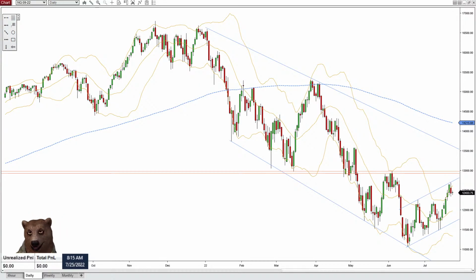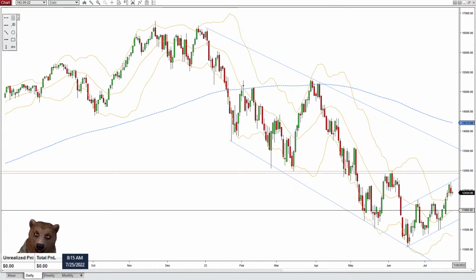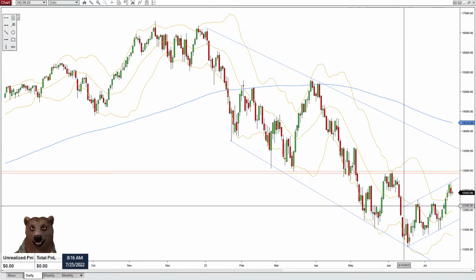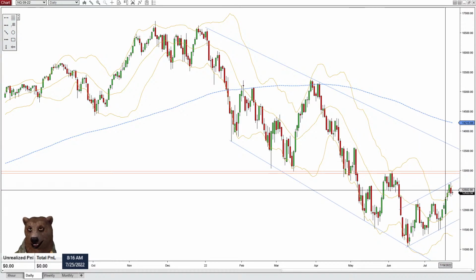That's important enough to say twice because I think that's really going to be a market mover, how those earnings come out. If you're interested in buying the rumor and selling the news on earnings, the market may be providing you a nice little pullback to get in on Amazon or Apple before the earnings come out. Next couple of days we may drift down. I'm not sure, but it's good to keep this smaller up channel in mind